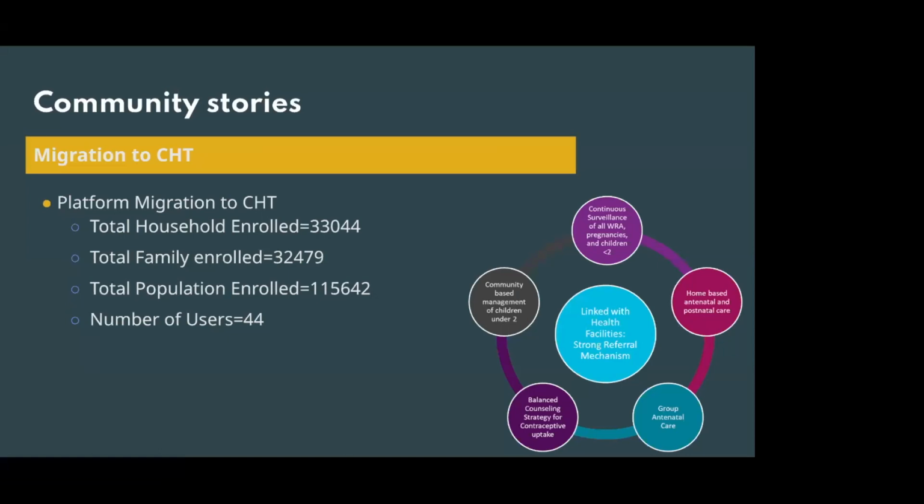which includes CHNs and CSWs. So the total population enrolled with the system is 115,642. Total family enrolled is 32,479, and 33,044 is the total household enrolled. So you can see the picture of how the program has been designed, not only related to the tech, but also